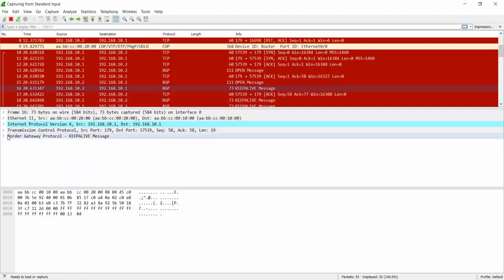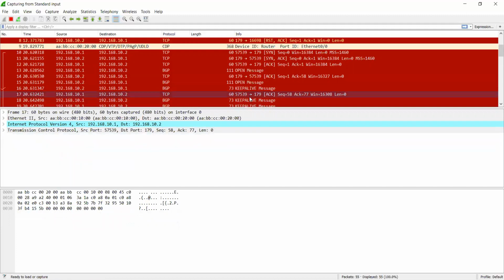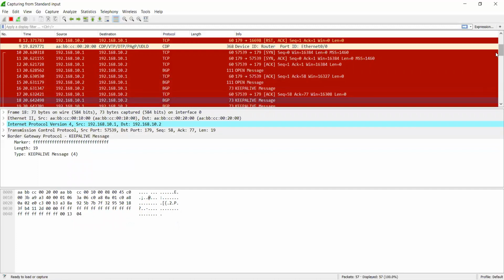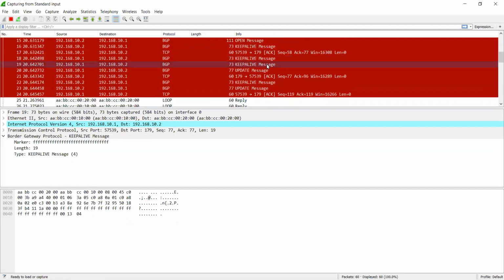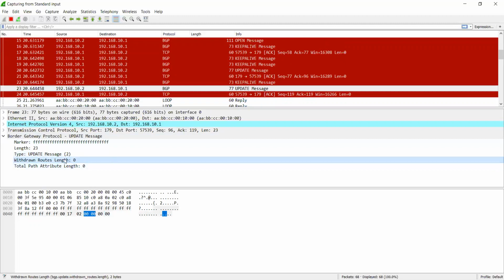They are sending keepalive. You can see they are sending the keepalive message to each other. The final state is the update message. You can see the route update message. They're sending an update message, but because I didn't advertise any routes, it's not showing the update. So how many routes we withdraw or path attributes, anything sent. I did not configure anything, that's why it's not showing. If anything is configured, it will show you the number and send it.